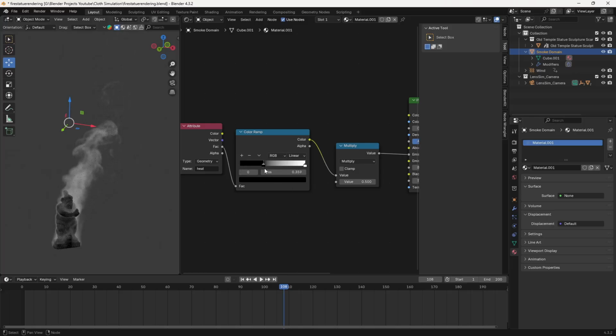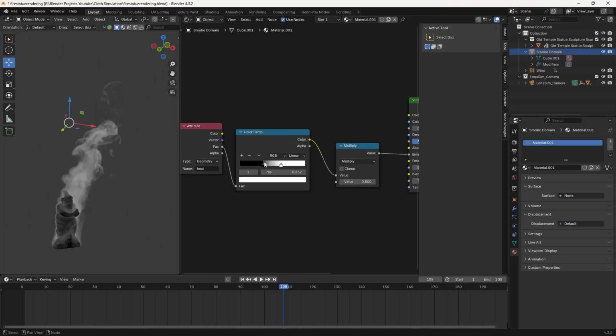If I take this here, you can see it's clipping, and if I take this here, we are adding details, more details. We are making it more visible, and if I take it here, it's making it less visible. So you can play around with this as per your requirement, depending on what you want your render to look like.